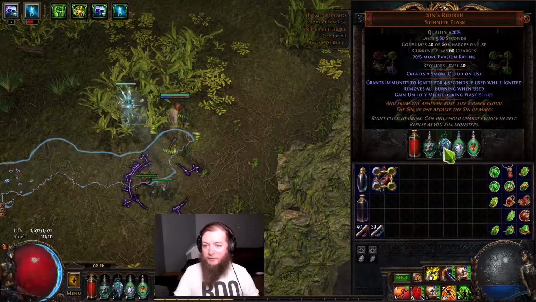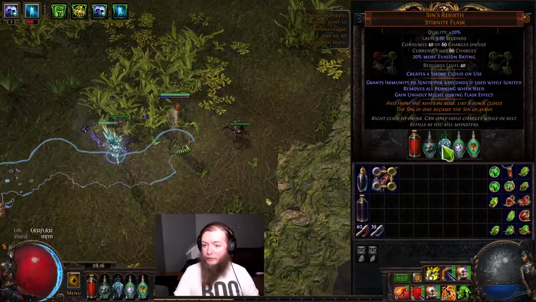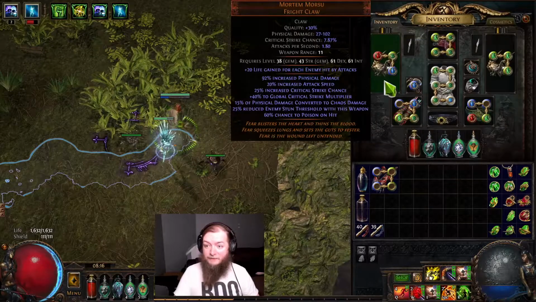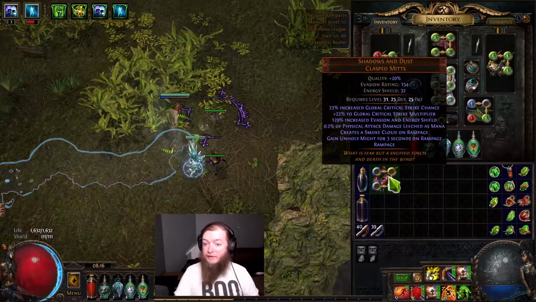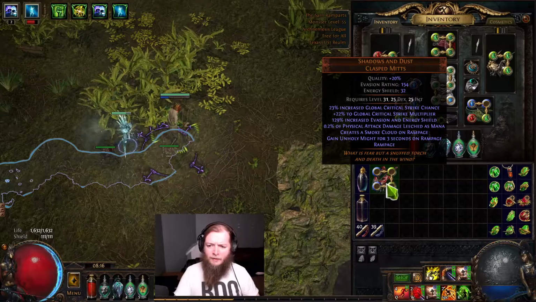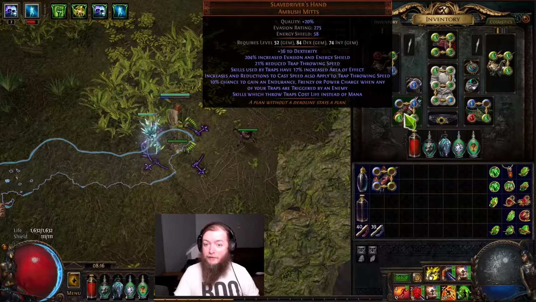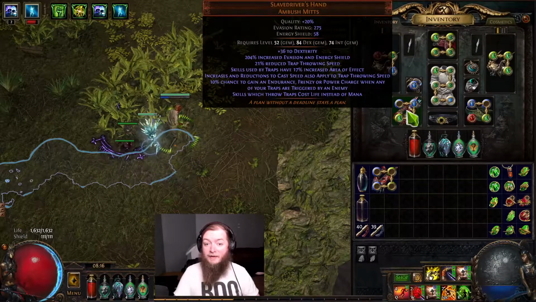found a Sin's Rebirth. So, Sin's Rebirth is going to give me Unholy Might, which is 30% extra Chaos. Given I have Fizz-based weapons, that's a bunch of extra damage. I was getting that from Shadows and Dust on crits. So taking off Shadows and Dust for Slave Driver's Hand, I can use Sin's Rebirth, and Slave Driver's Hand makes